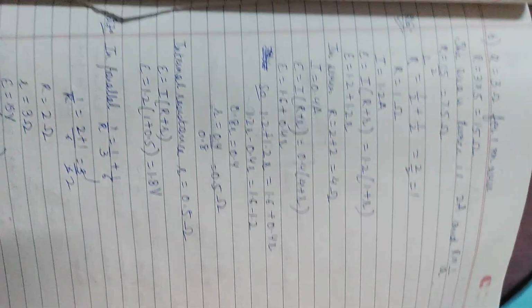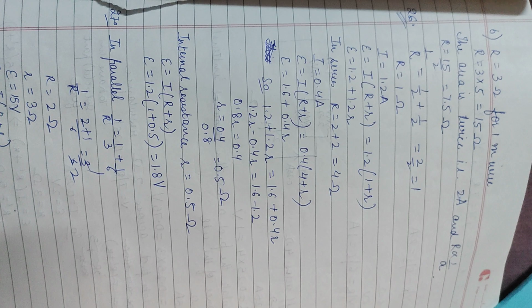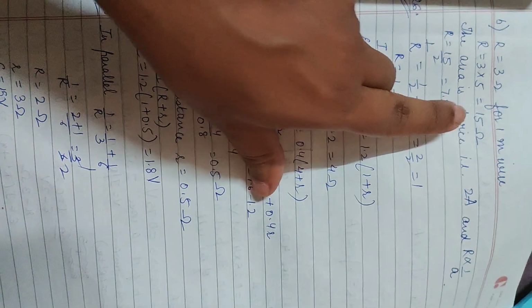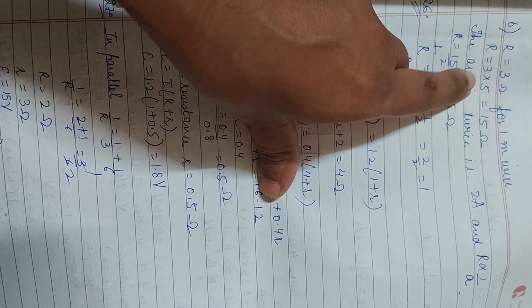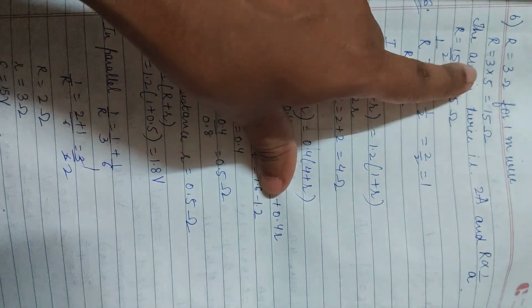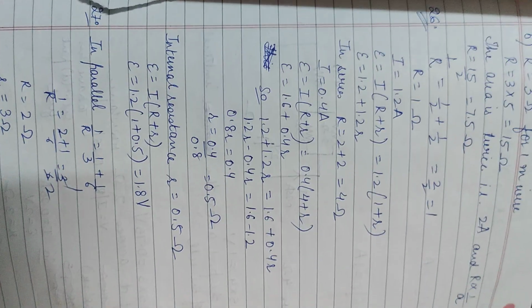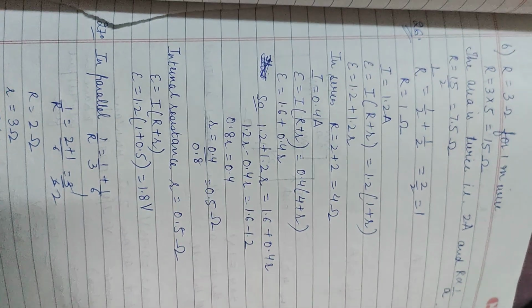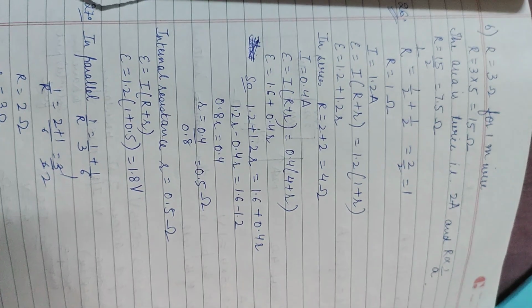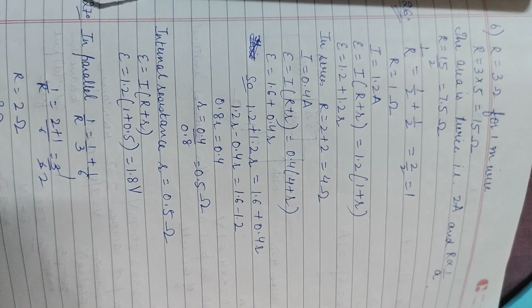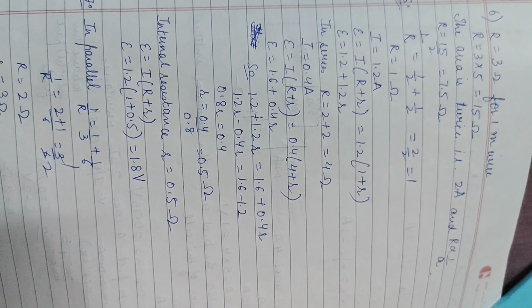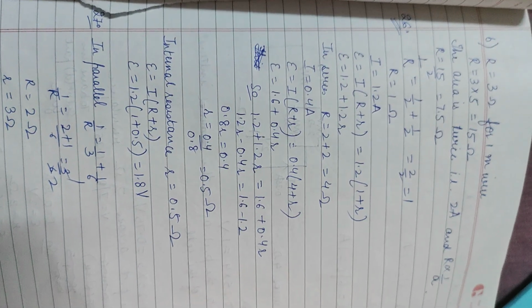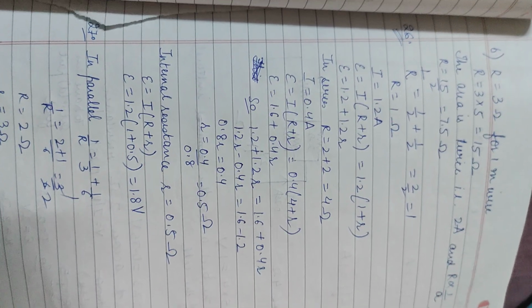So what we will get, we will get the values proportionality. So यहाँ पे आ गया 15 ohm, क्योंकि 3 ohm 1 मीटर के लिए था. ठीक है, so that comes out to be R is equal to 3 into 5, because 5 meter length है. So 5 meter length के लिए we have calculated the value. So the total value comes out to be 7.5 ohm. ठीक है जी.